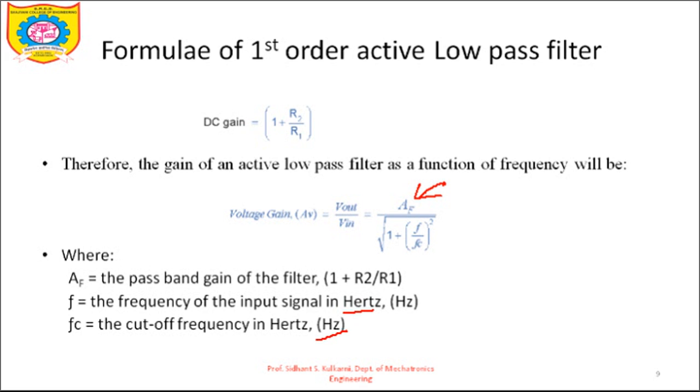So every filter also has a cutoff frequency. Up to that cutoff frequency it can amplify in the case of a low pass circuit, and above that cutoff frequency it can amplify in the case of a high pass circuit. So the cutoff frequency is also an important concept. If the frequency F and cutoff frequency FC are given to you, and the gain of the amplifier is given in terms of the resistances, you can calculate the voltage gain by using V out upon V in, which is equal to AF divided by the square root of 1 plus (F upon FC) squared.